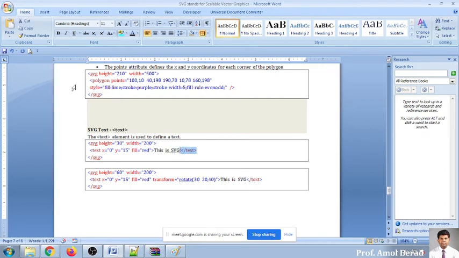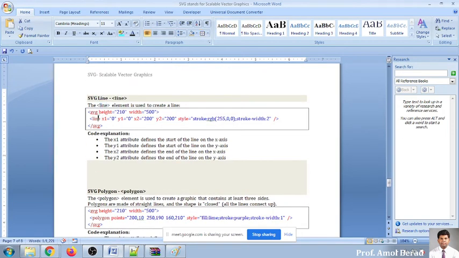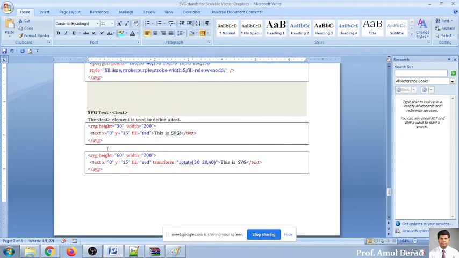Previously, in whatever examples we have seen, whether it is a polygon or a line, you see that this was a single-ended tag. The starting was there, and for the purpose of ending, you were giving a forward slash. But here you have to make a change. You have a starting tag, it is a double-ended tag. You have to give some attributes at the starting point, and at the end part, a forward slash text.